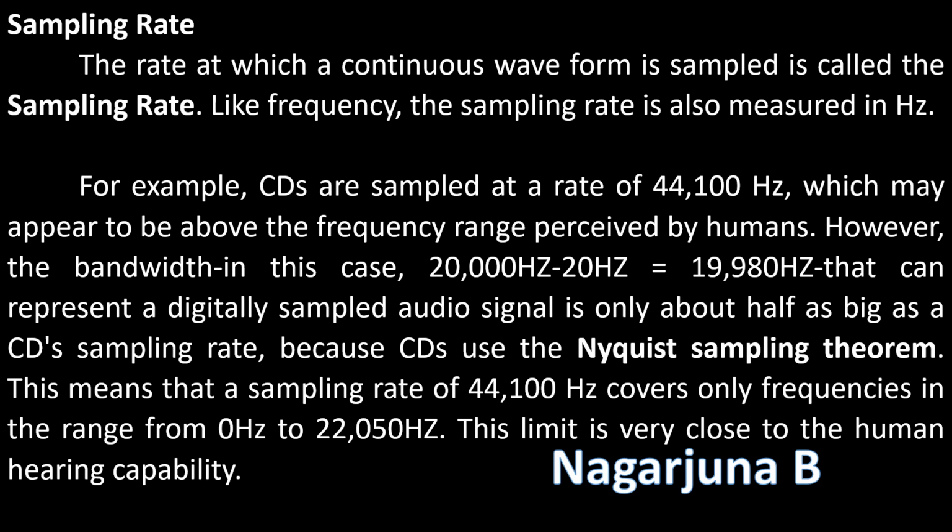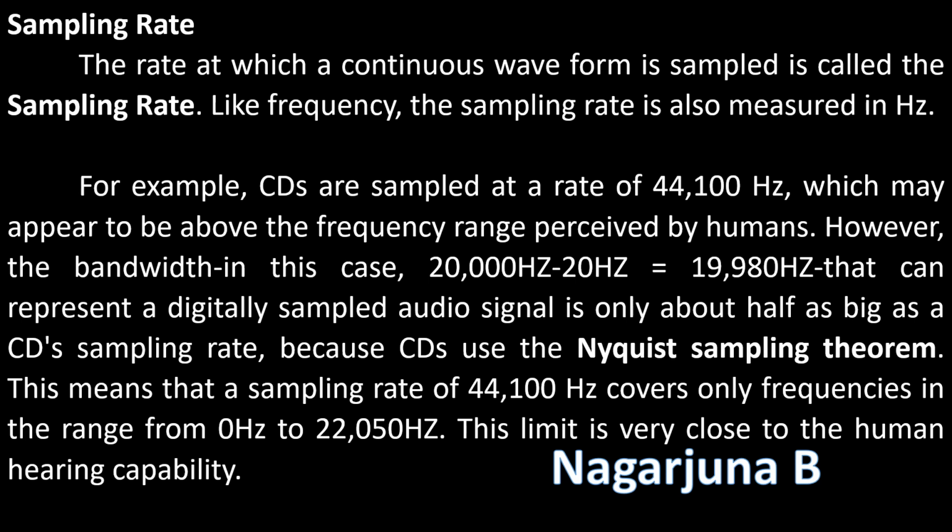We humans can perceive audio signals in the range of 20 hertz to 20 kilohertz. That means the bandwidth which humans can perceive will be 20,000 hertz minus 20 hertz. It will be equal to 19,980 hertz. This is the bandwidth which humans can perceive, and that can represent a digitally sampled audio signal